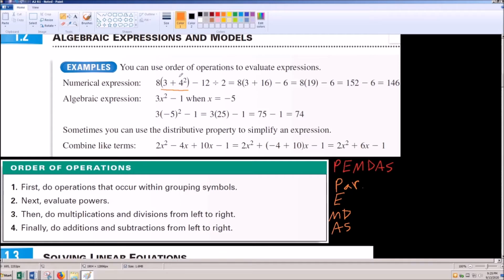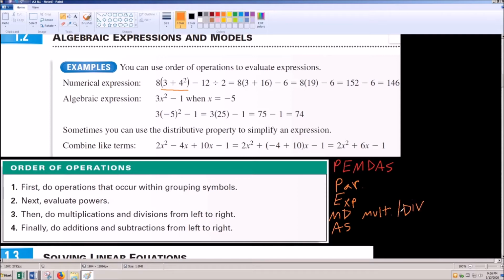Now when I'm looking at doing the stuff inside here, maybe I have exponents. Well, that's great because exponents are the next thing I'm going to be looking at. So I want to make sure I'm evaluating my exponents before moving on to M and D, which is multiplication and division. So here we have our multiplication, M-U-L-T, multiplication, and